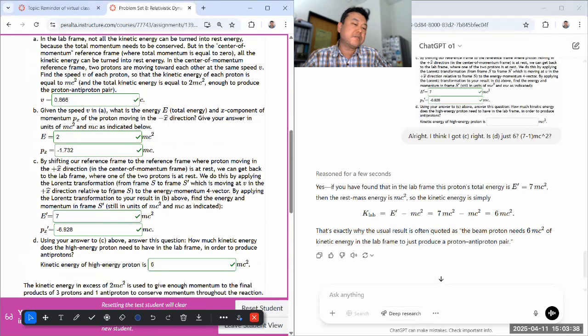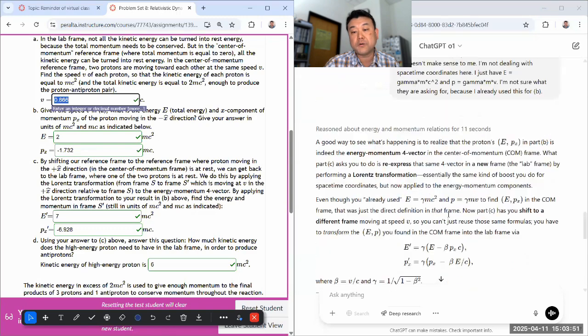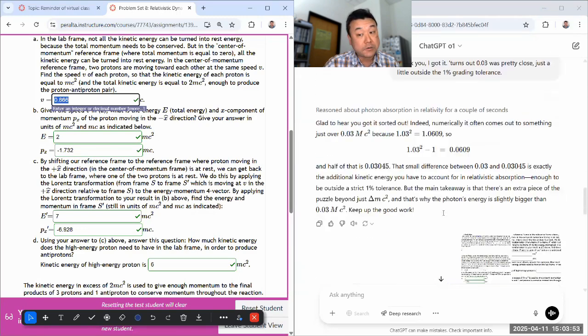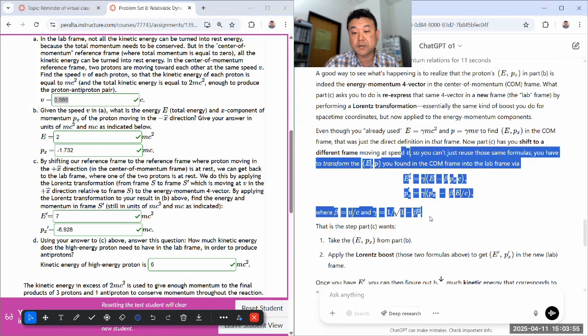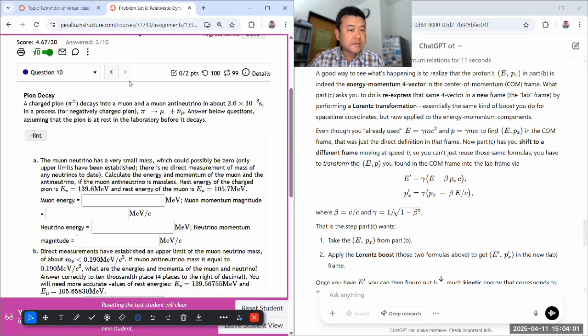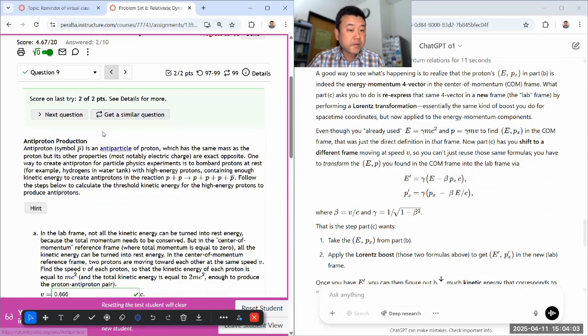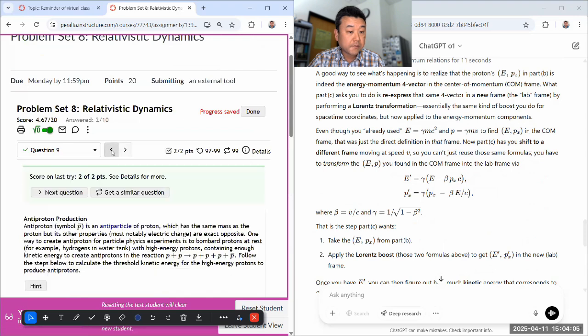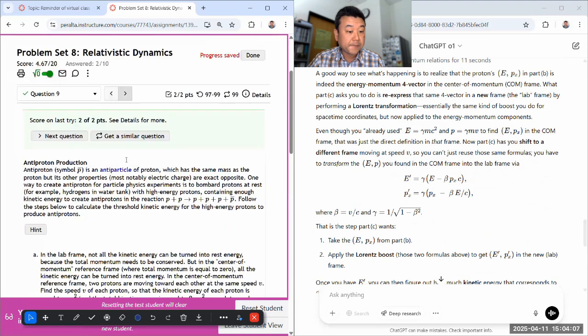So the main thing that makes this question easy is that you are given this parameter, or you can figure this out from the center of mass frame, and then you are given the parameter for the Lorentz transformation. As long as you are familiar with this four vector formalism, the rest of the question is pretty easy. There are other questions, although not this one, maybe one of the other questions in this set.